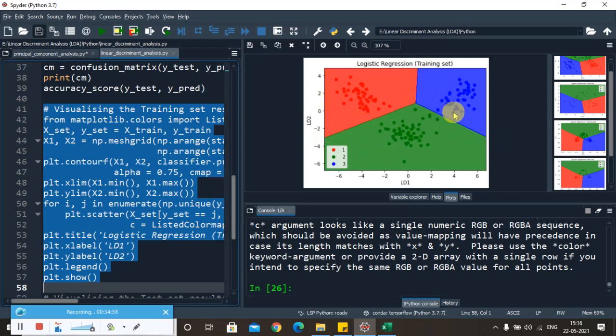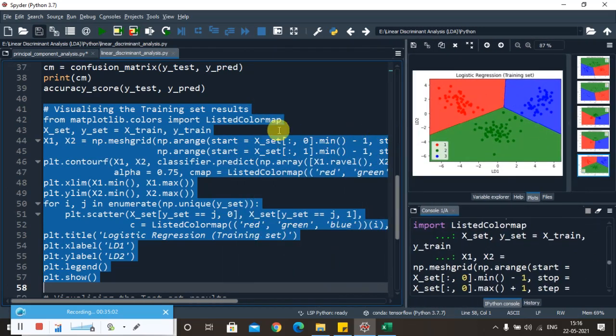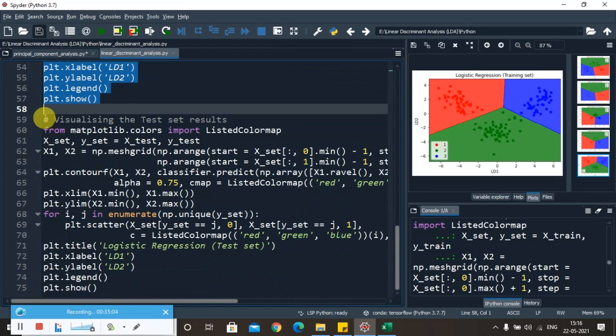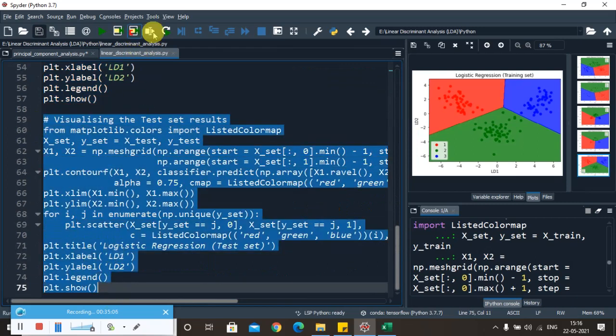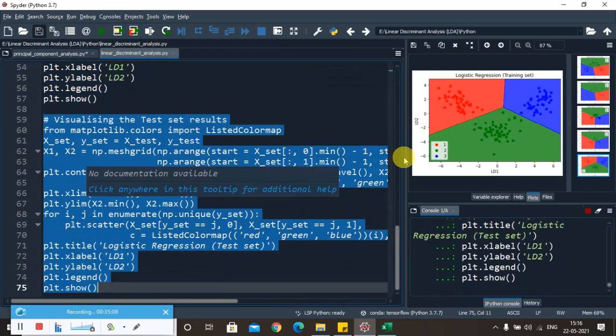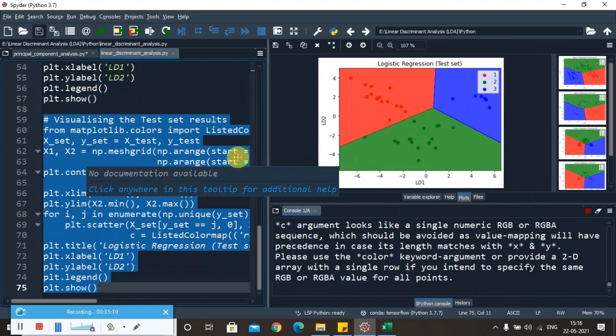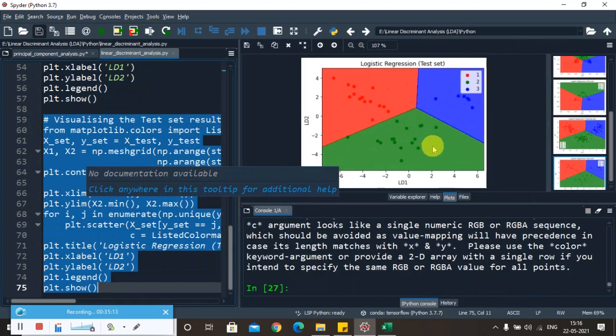Now similarly, let us visualize the test set results. Yes, based on the training, even the test set has given the right prediction for all the values. There is not even a single wrong prediction.